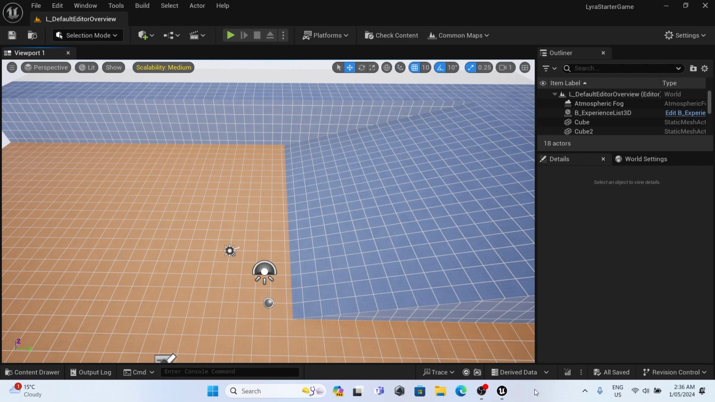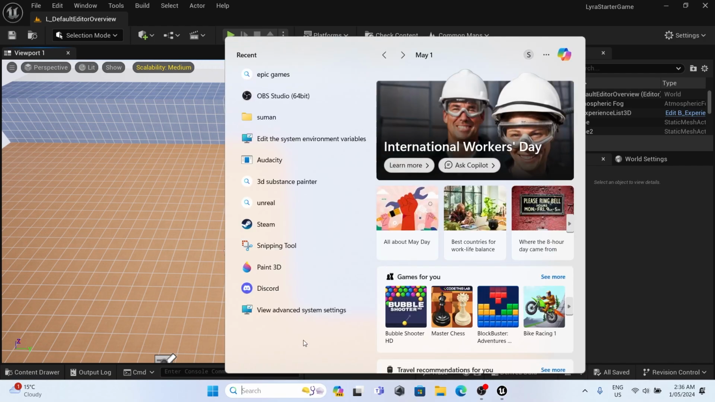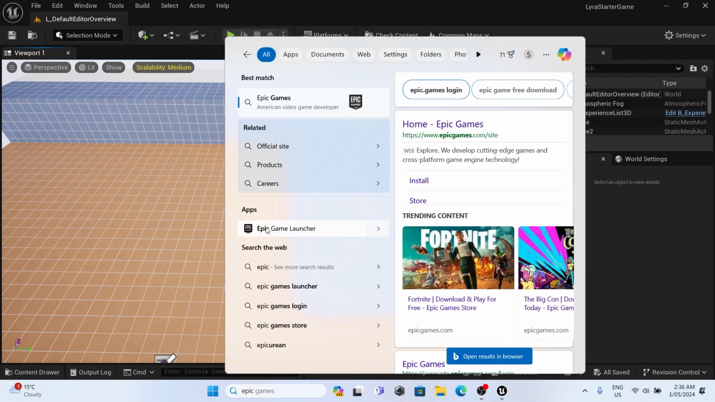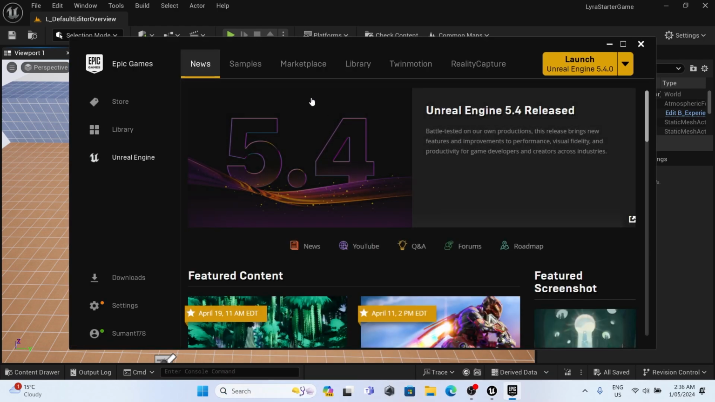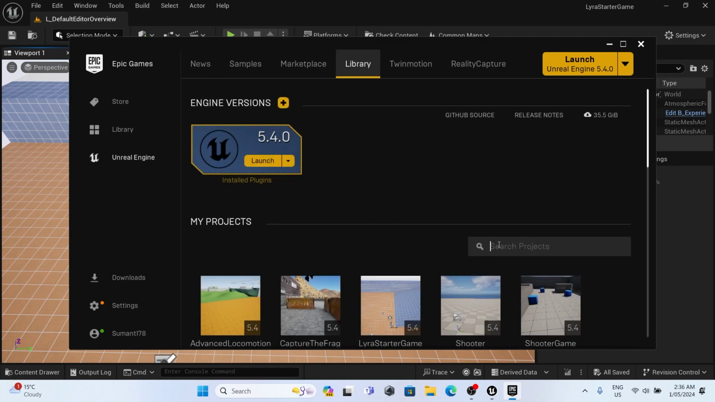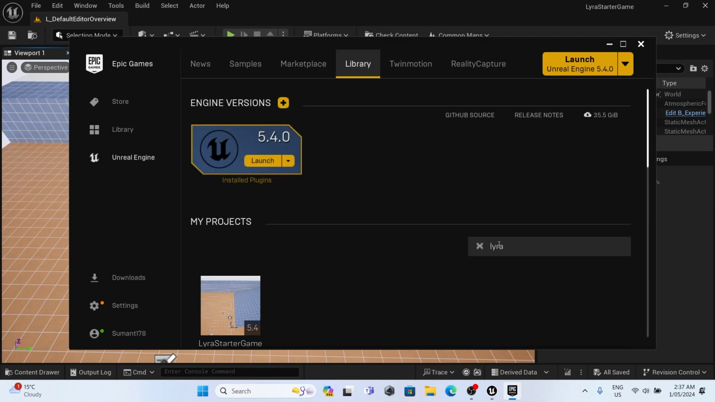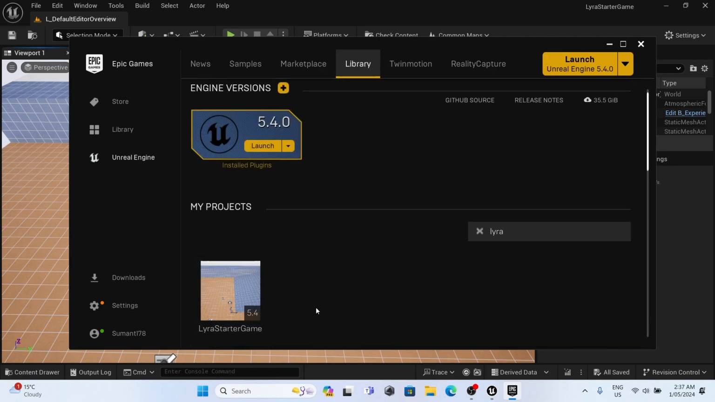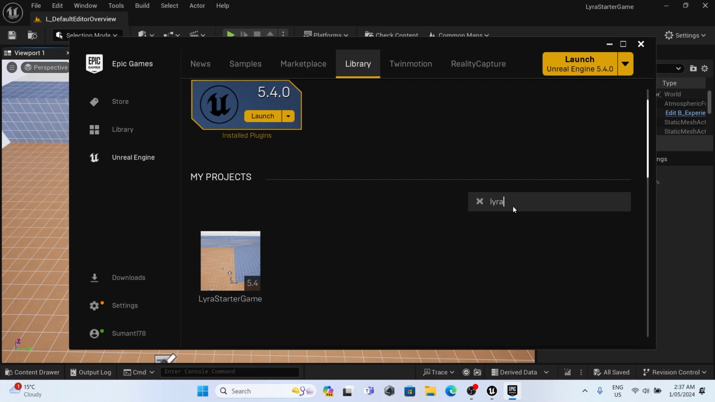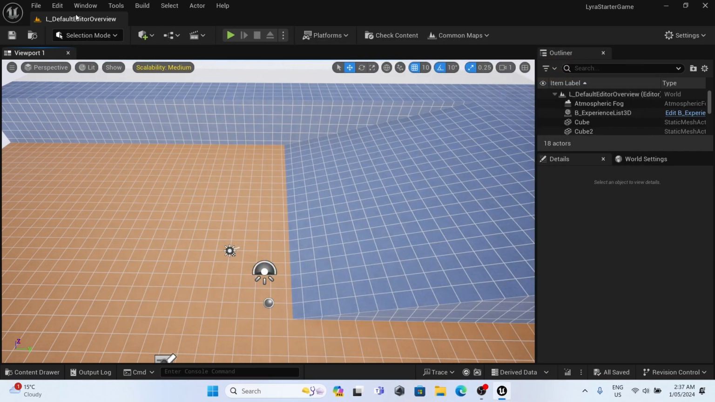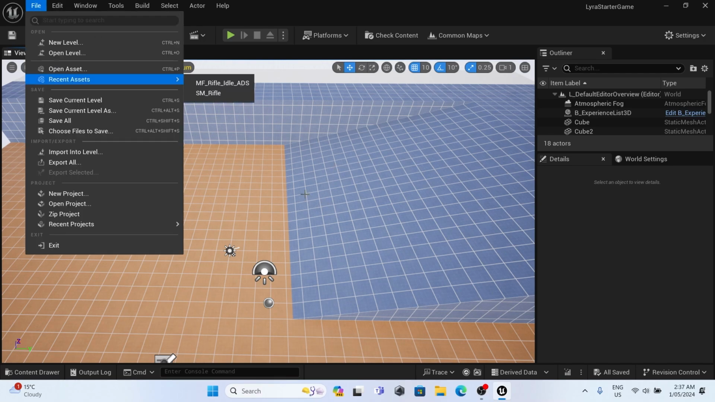First thing, you will need to download two projects from Epic Games. So open your Epic Games Launcher, and then on your marketplace you will need to search for Lyra, and then download this Lyra Starter Game. And then another one is Advanced Locomotion System. So download these two projects and then open Lyra Starter Game, and then here